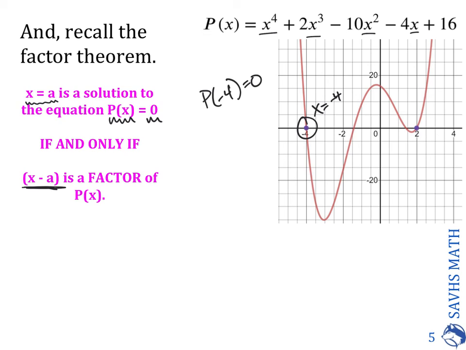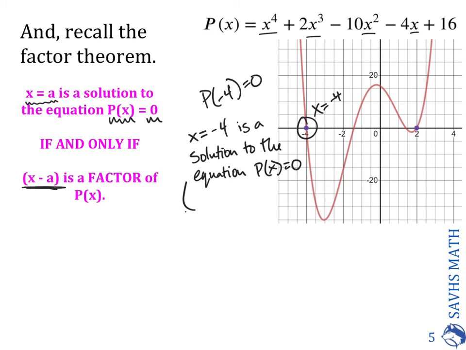You can put in negative 4 and you should get 0 out. Okay, so what we know is p of negative 4 is 0. And what that says is x equals negative 4 is a solution to the equation p of x equals 0. So what we can conclude is then x minus negative 4 is a factor